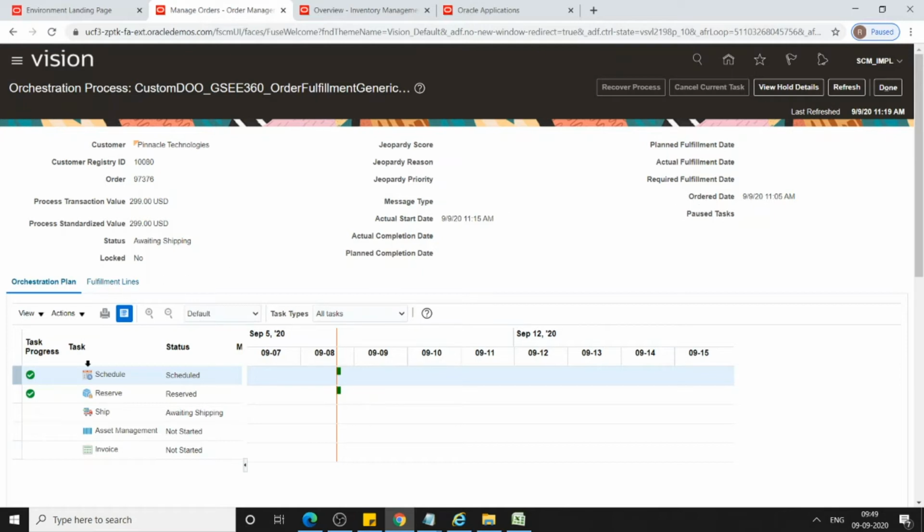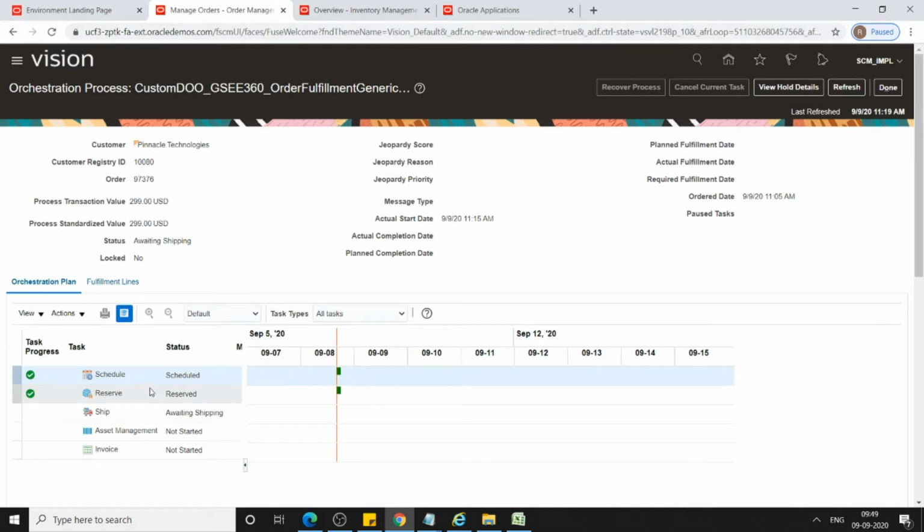Then it might have changed to scheduled, but when we keep on clicking the refresh button, the status of the sales order line changed immediately. That's why we won't be able to notice it, but it is scheduled, then reserved.